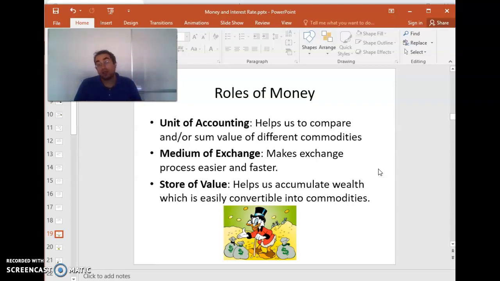The third function is store of value. It helps to accumulate wealth. I mean, if you want to store your wealth in the form of, for example, bread, it can decay very fast. If you want to store it in terms of furniture, that can also decay, and also you might not easily find a way to use furniture to buy things. But at earlier times, grains, and then the metals, and now the actual banknotes,